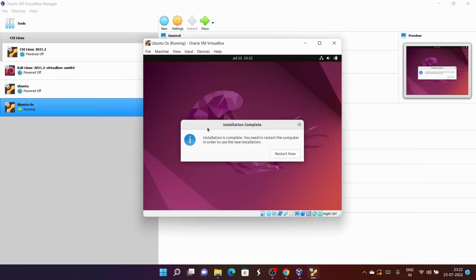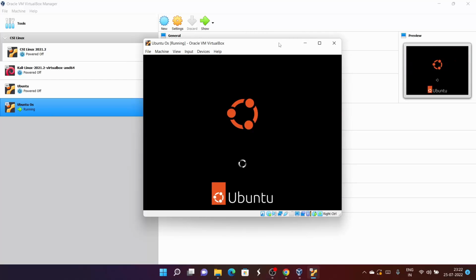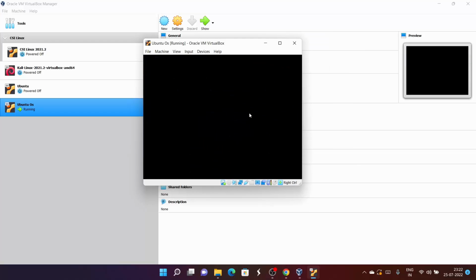So guys, now you can see our installation has been completed, and this is the information box you will get after the successful installation. Now it's asking to restart now, so I'll just hit on restart now. Then it will ask for the username and the password which you have entered at the time of installation, and those things you will need to enter. Okay, so it is asking to remove the installation media. Okay, I have to just hit enter. So you will also need to hit enter. Okay, so now it will start,